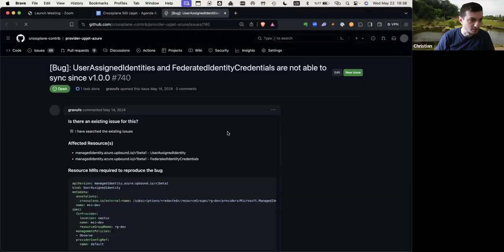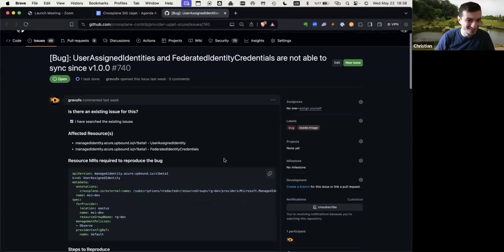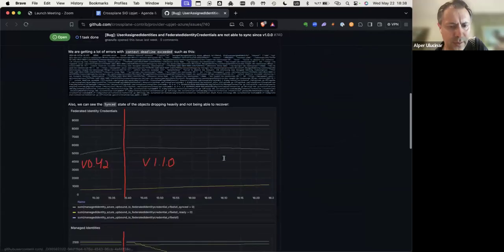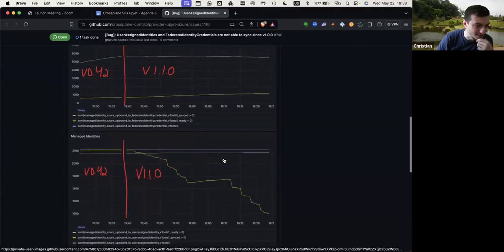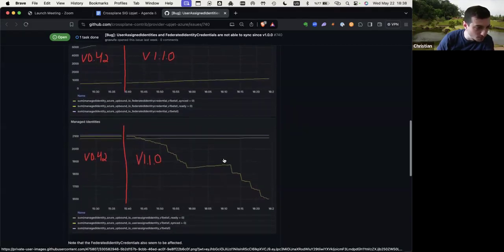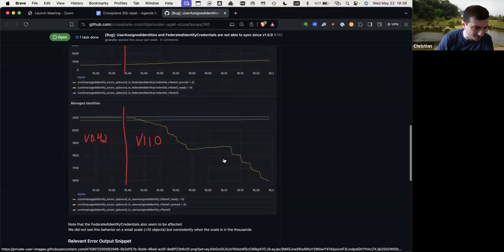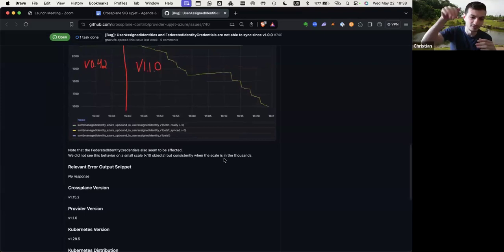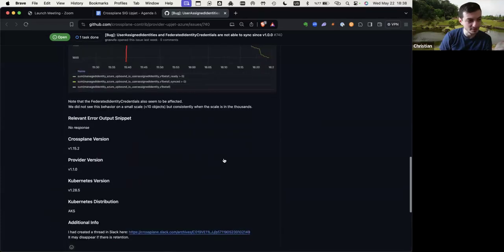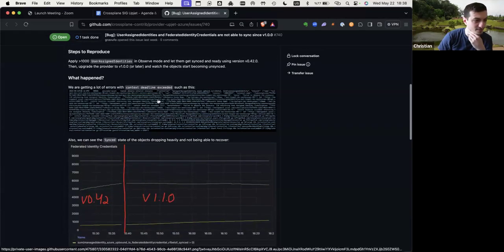I open an issue with hopefully enough details, maybe not. Okay, so yeah, you can see the graphics right there. You can see the synced is just dropping radically and it's not really going up. It does go up a little bit and then it goes down again. I've tried even over a whole weekend, it just keeps going up and down, up and down, and it doesn't stay stable. So there's something weird going on, but I'm not sure exactly what the problem is.